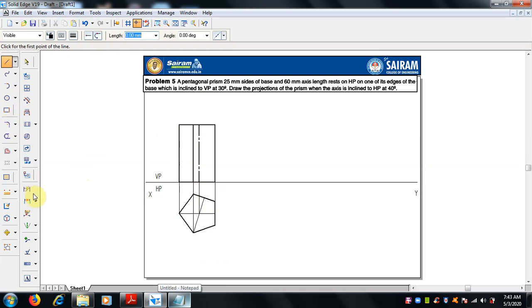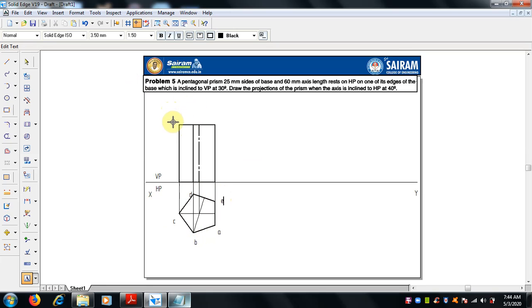Now we have to name this. Check the top view. I am going to give A, B, C, D for the top, and the bottom I am going to give 1, 2, 3 for the matter of convenience. So let me start from here. This is the edge which is going to be inclined. So here I am writing A, then A, B, C, D, E. So this is the top view.